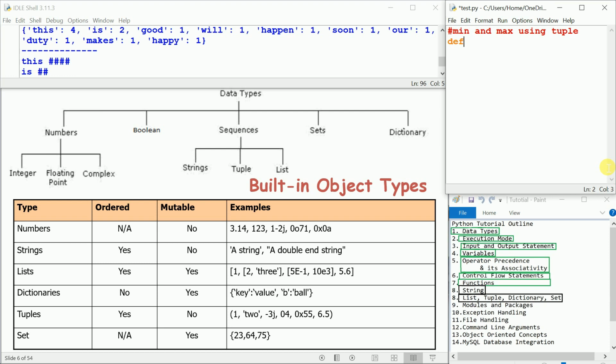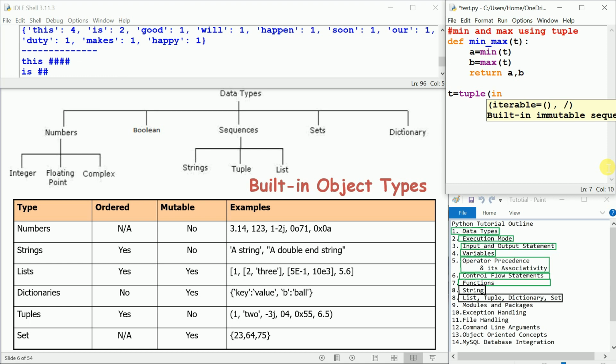I have to define a function, def min_max of t, where a takes the minimum element in the tuple, b is the maximum element in the tuple, and you have to return a comma b. First you have to read the values. Say for example t is equal to tuple of input